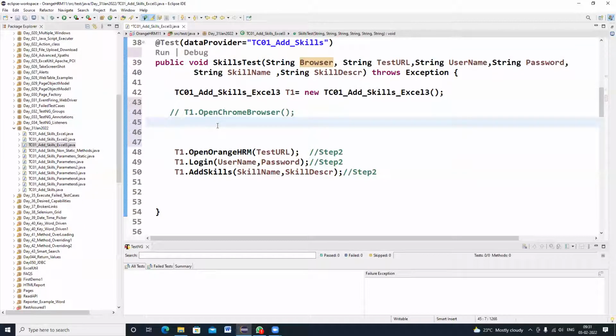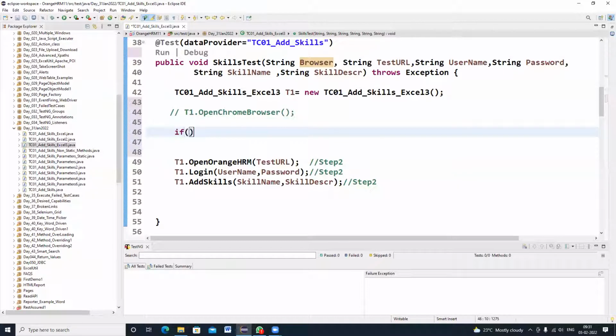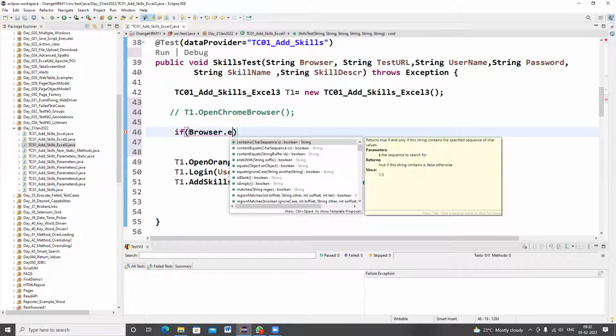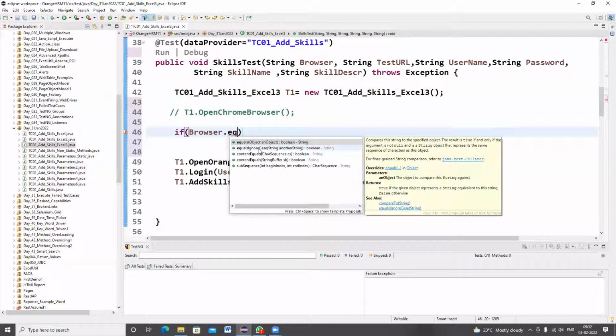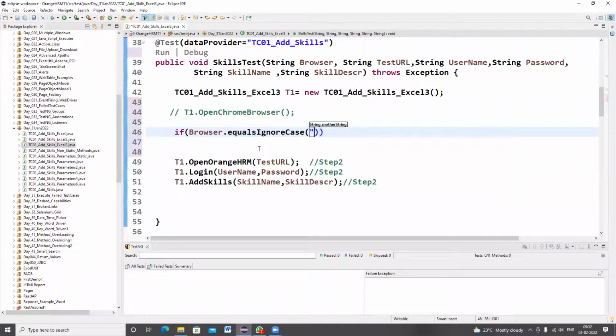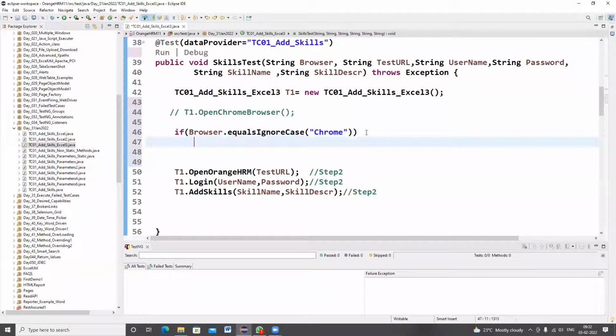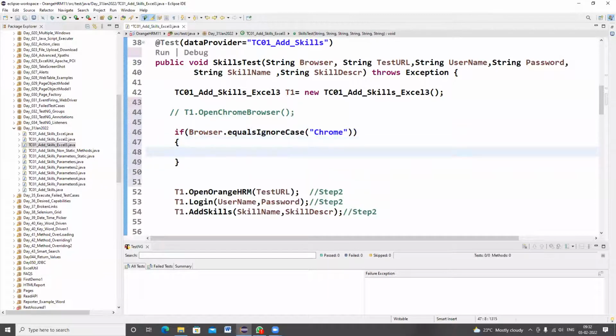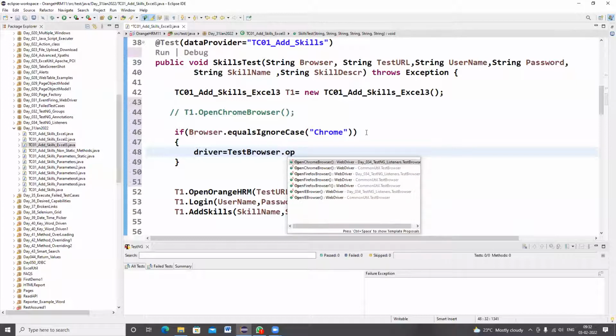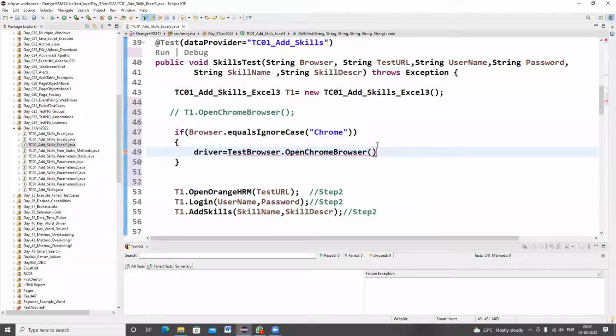So, if browser equals ignore case Chrome, then call the test browser open Chrome browser method.